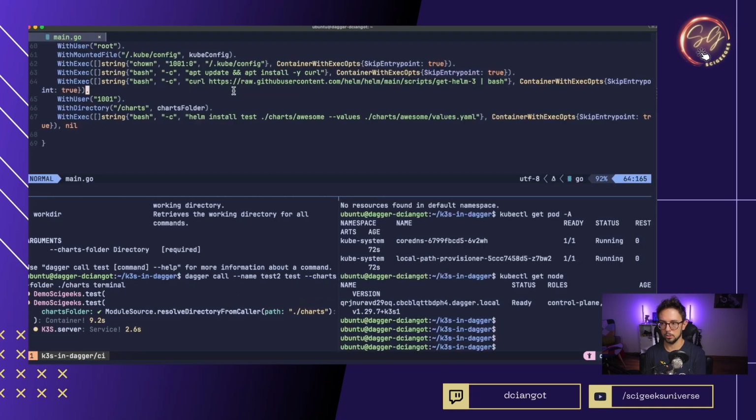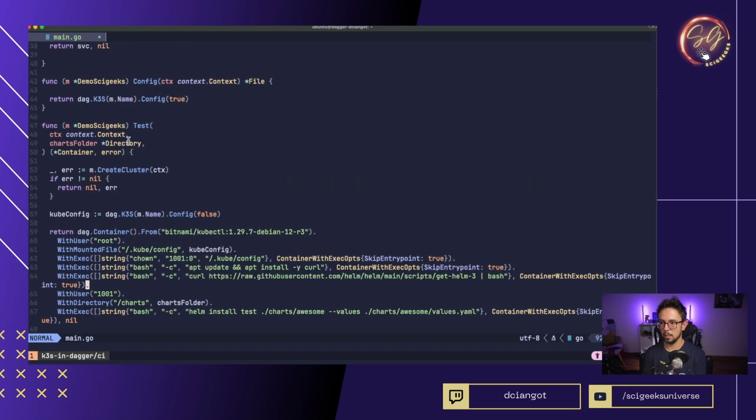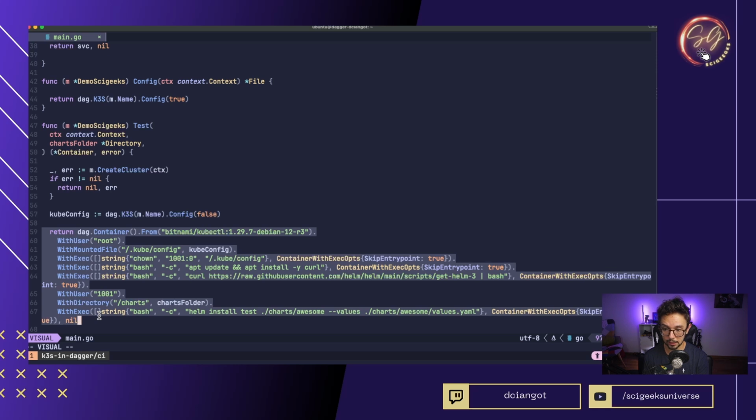Let's go back to our method here. First of all, it's going to create a Kubernetes cluster with a K3s module. Then it will store kubeconfig and launch a utility container for us that will mount the kubeconfig, the